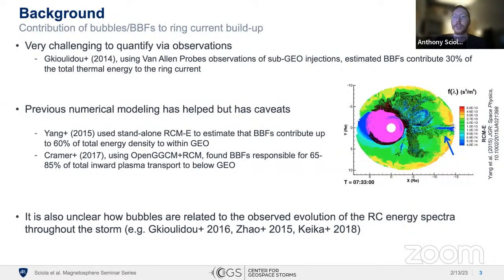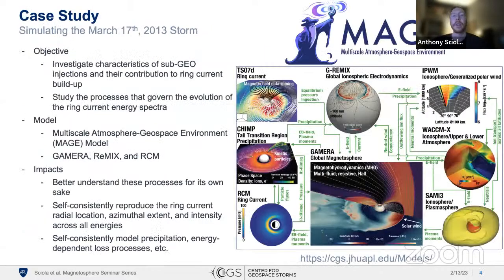And so those are the two main questions we want to look into today: both the buildup of the ring current and its evolution in energy spectra over time. We'll be doing that via a case study by simulating the March 17, 2013 storm. For that, we'll be using the Multiscale Atmosphere-Geospace Environment, or MAGE model, which you heard a lot about from Slava